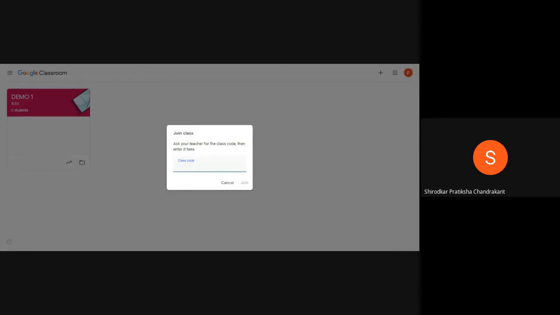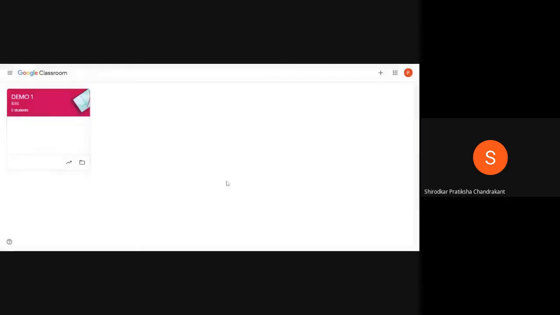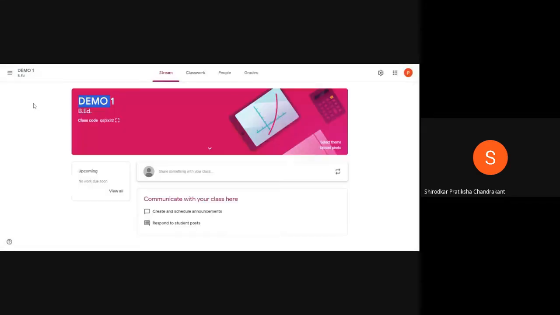If you remember when we were discussing a few minutes back about the class code, I said this class code is very important for you because it will help your students to join your class. So when you share that class code with the students, that code students will enter here, and after entering that code, they will be able to join your class. So they will enter the code, okay, and then they have to click on join. Okay, this code I have simply added as an example, but they need to add the code here and join your class. So now let me go to our demo class.